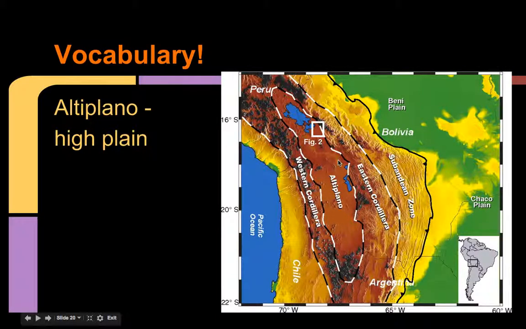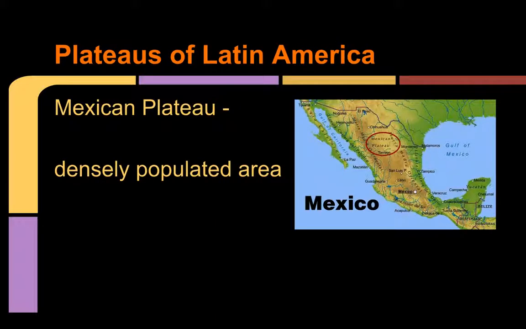And you can see here that these are the Andes Mountains, but there's the western, we have eastern, and then in the middle, it's a plain, it's flat, and it's fertile, but it has a very high elevation. All right, plateaus of Latin America. We have